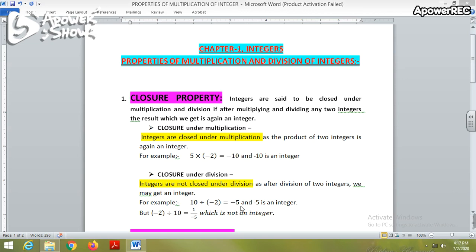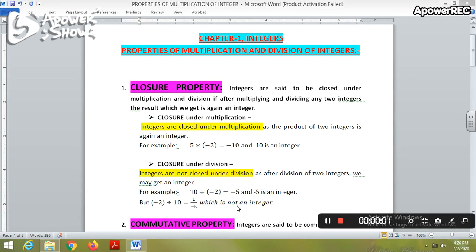But if I interchange the integers, that is, if I divide minus 2 by 10, then I am getting 1 upon minus 5. I am again repeating, on dividing 10 by minus 2, I am getting minus 5, which is an integer. But on dividing minus 2 by 10, I am getting 1 upon minus 5, which is not an